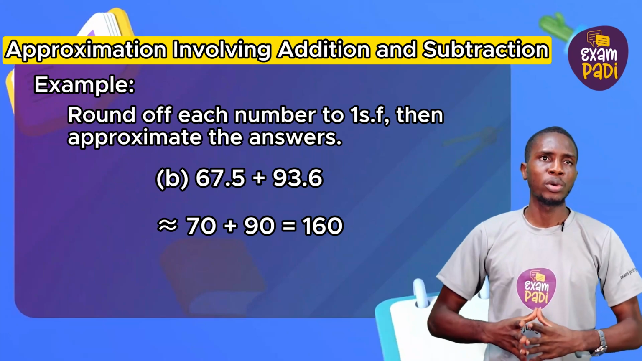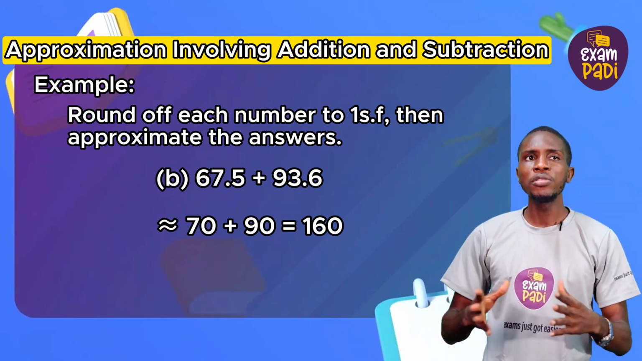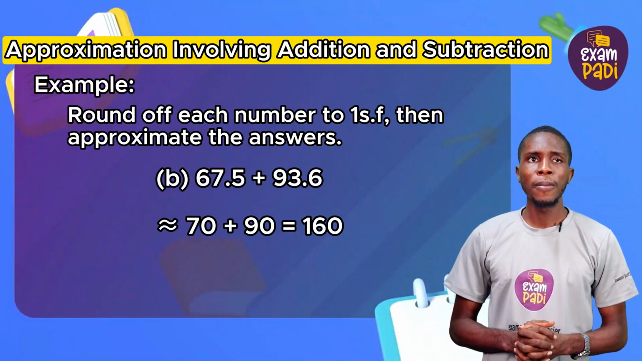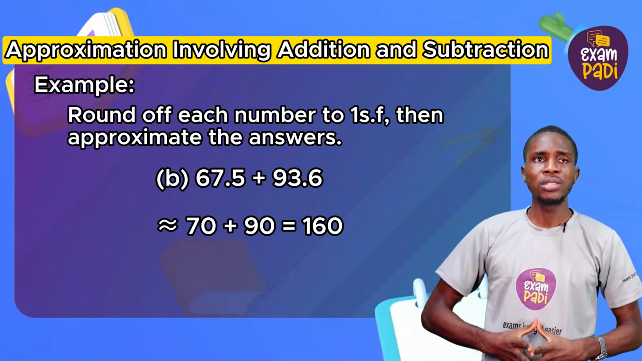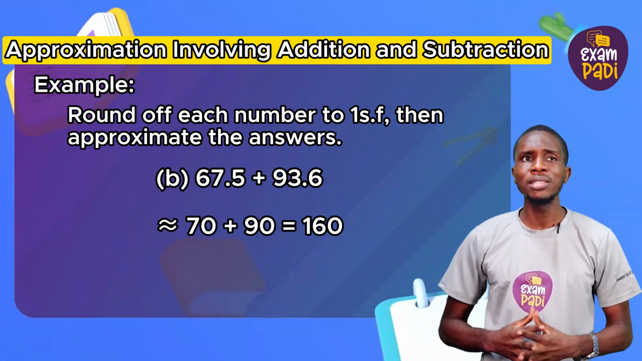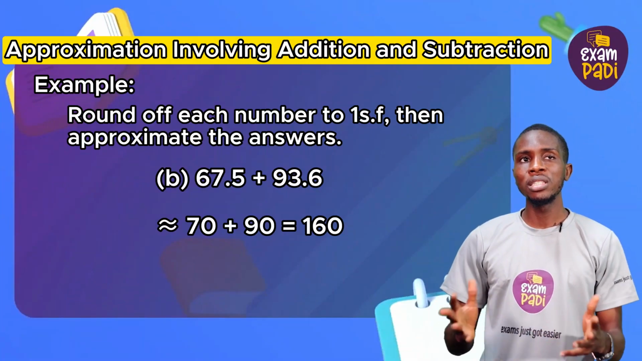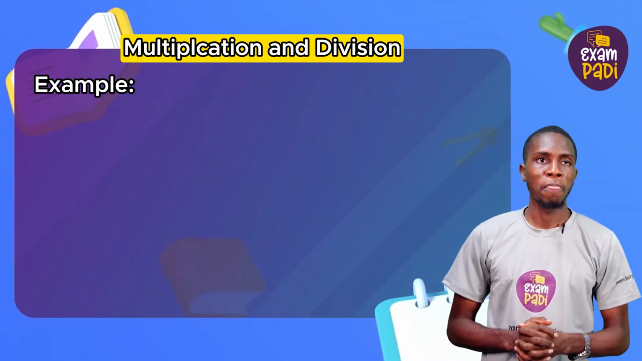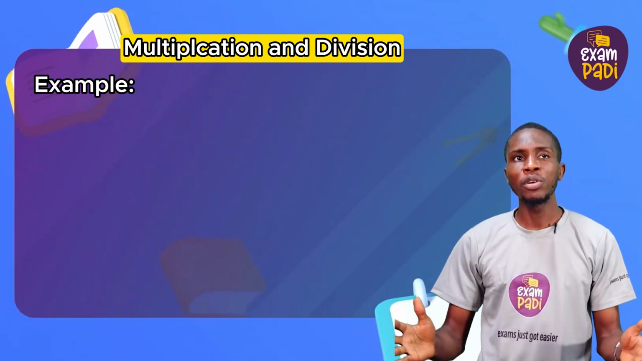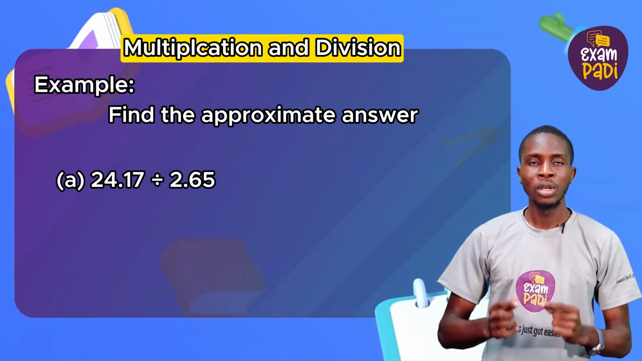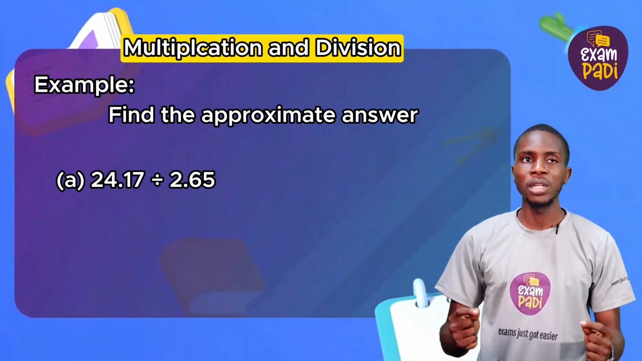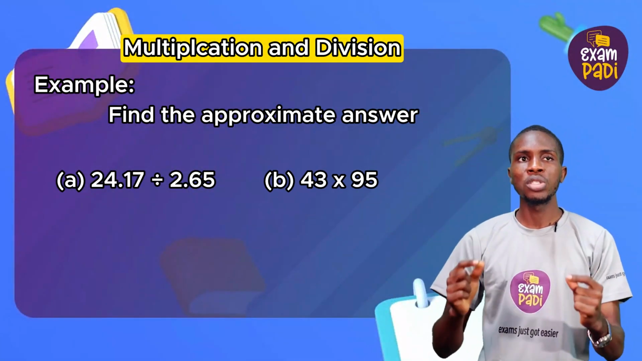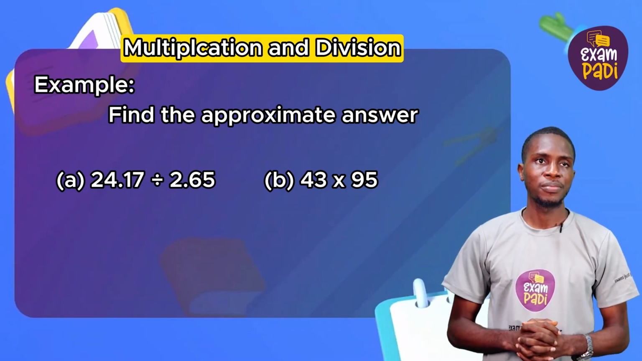67.5 plus 93.6. Rounding off 67.5 to the nearest whole number gives us 70, and rounding off 93.6 to the nearest whole number gives us 90. 70 plus 90 gives us 160. Multiplication and division. Examples: find the approximate answer to 1. 24.17 divided by 2.65. 2. 43 multiplied by 95. Solution: